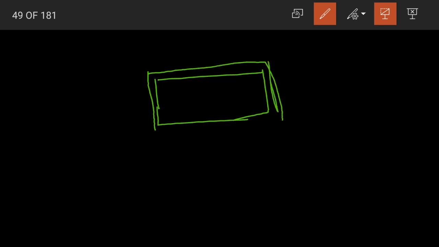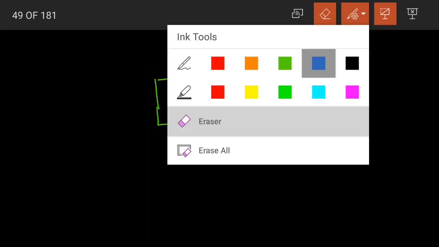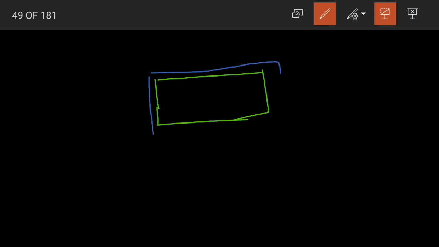See, suppose this is our garden, children. Okay, now what is fencing? Fencing is something that we do around the garden. Fencing is done around the garden. This will be our fencing. Or else let us take another color so that it will not be confused. Okay, the blue part will be our fencing for our garden, that is, around the garden.